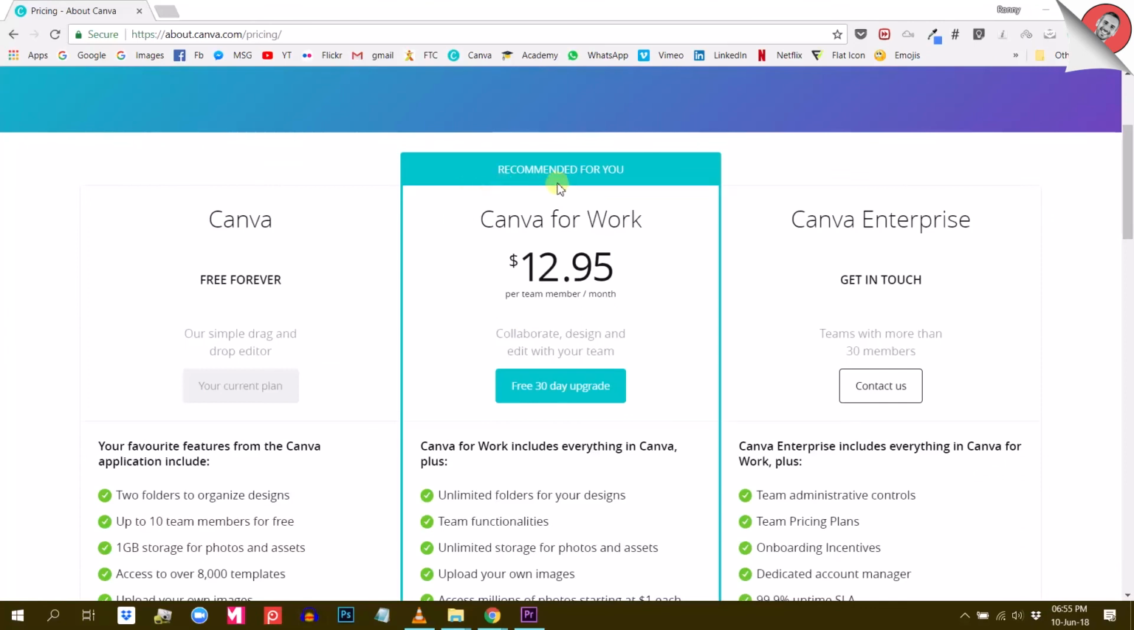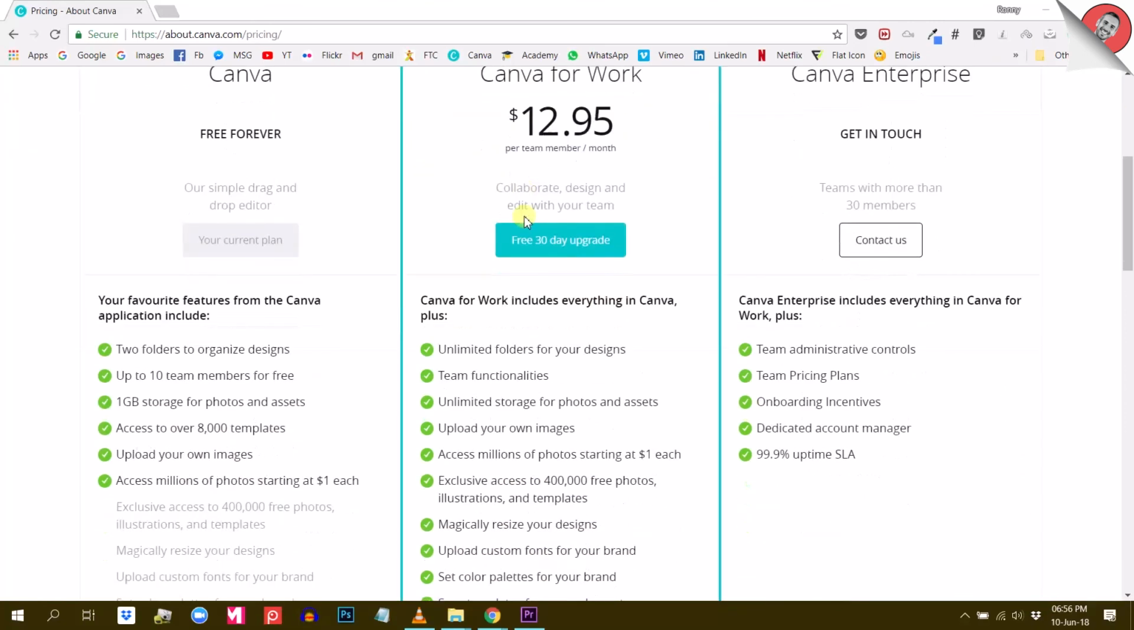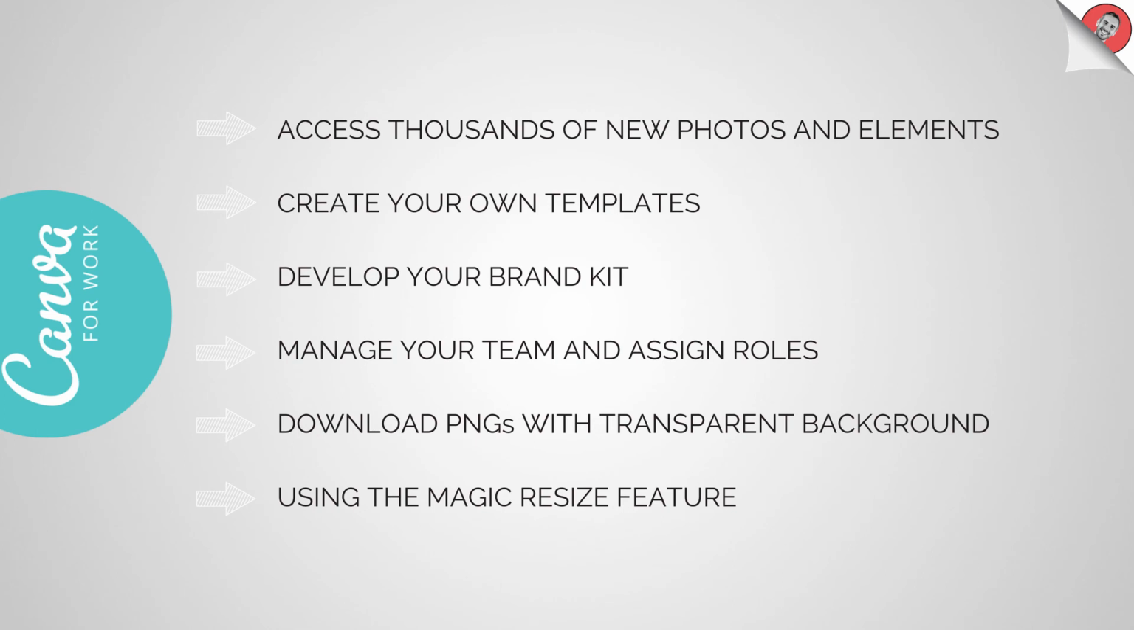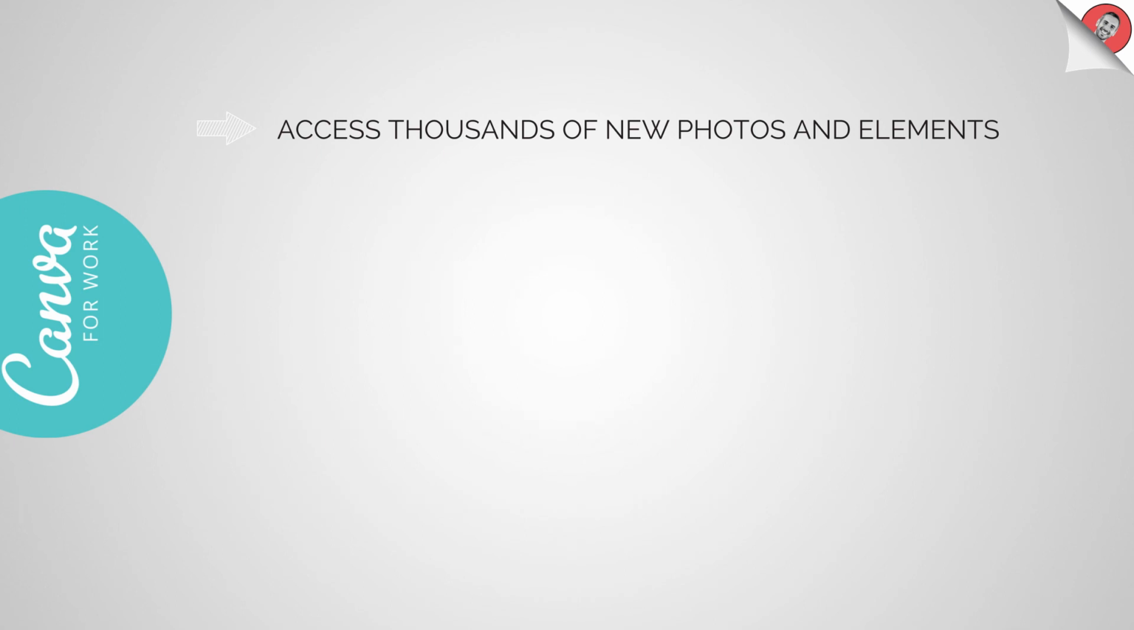So that's pretty much it. I've shown you the major differences between the free and paid version of Canva. To make it easier for you to decide whether or not you need Canva for Work, I prepared this last slide. Feel free to make a screenshot of it, feel free to take a photo, anything you want. I pretty much try to sum up the 6 major differences that Canva for Work offers. So number 1 is accessing thousands of new photos and elements. Number 2 is